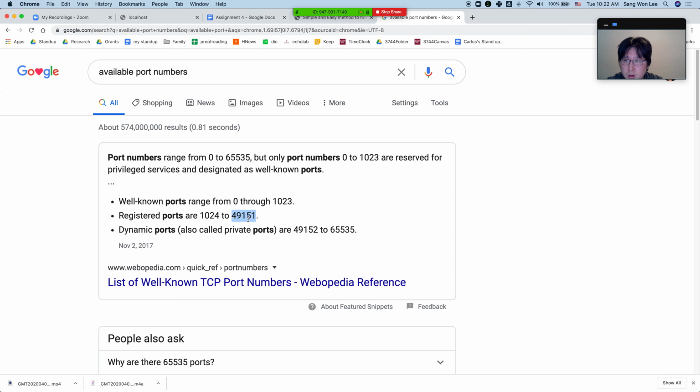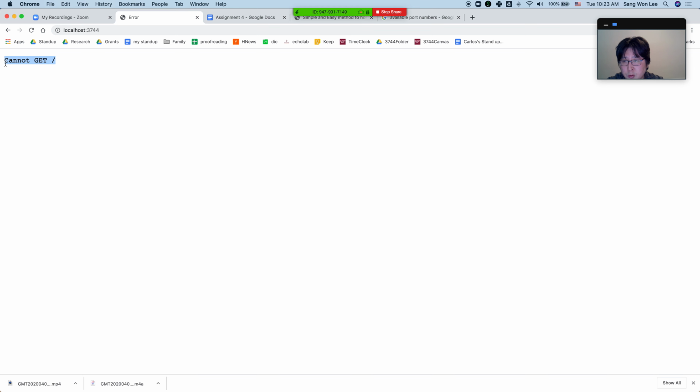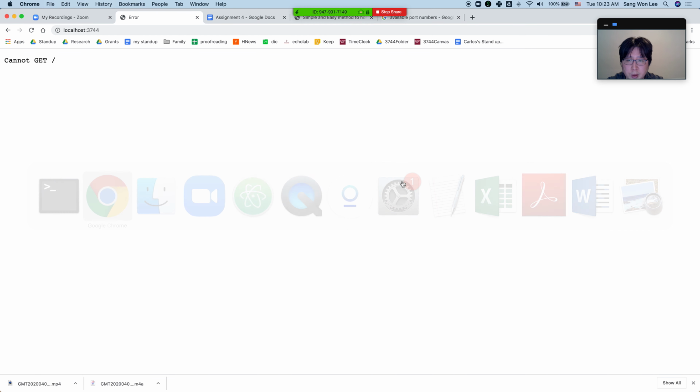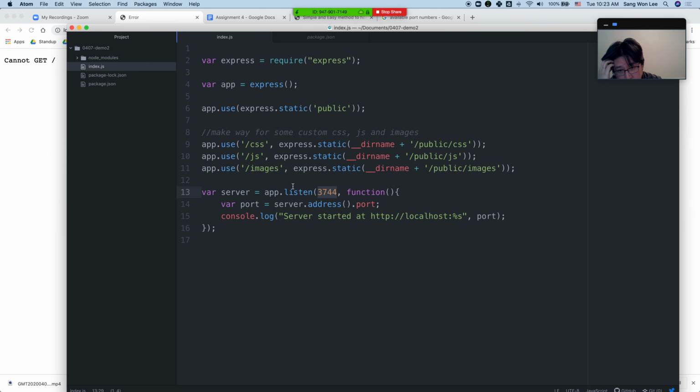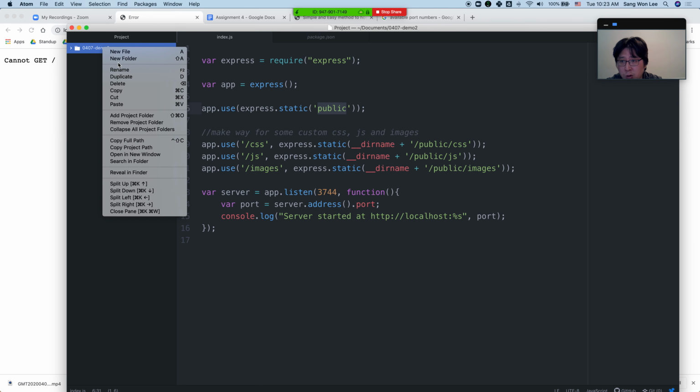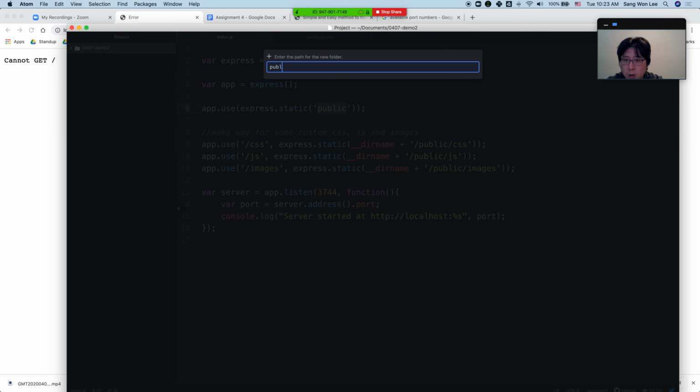Okay, so how I run it, I would have to call node and index.js, and then it's running this particular thing. If I paste it here, it is running, but it does not know what to retrieve. Basically the editor is looking for a public folder, any kind of files inside the public folder. So let me create this public folder,